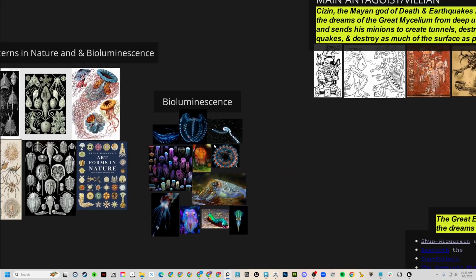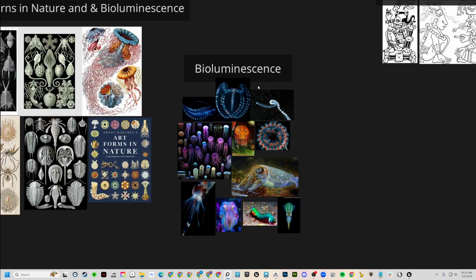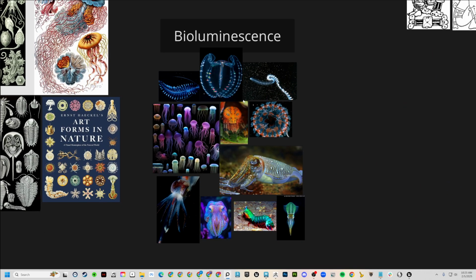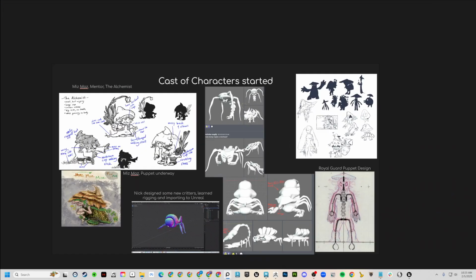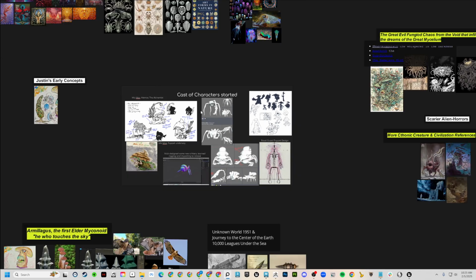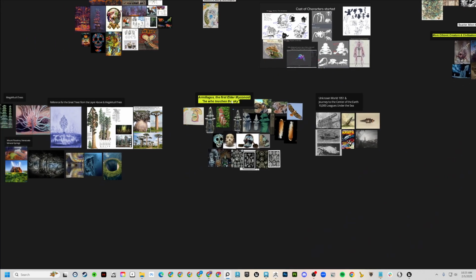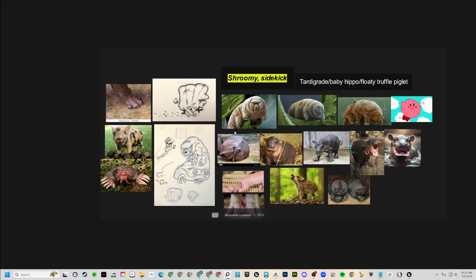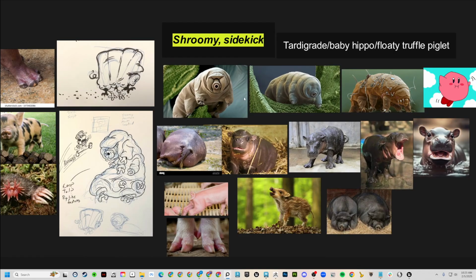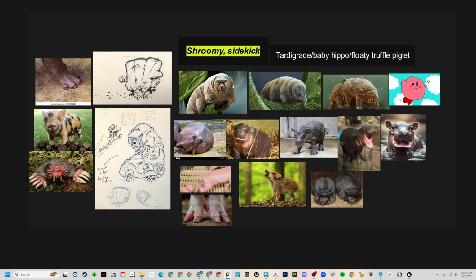We're going to do a lot of creature and character design, and we'll look at some bioluminescence and have some fun with some lighting, and do some cast of characters, look at some of that for the background. One of the first characters we'll do will be the sidekick, the shroomy character. So we're going to have some fun smashing together chimeric forms, some tardigrade, a little floaty tardigrade character,